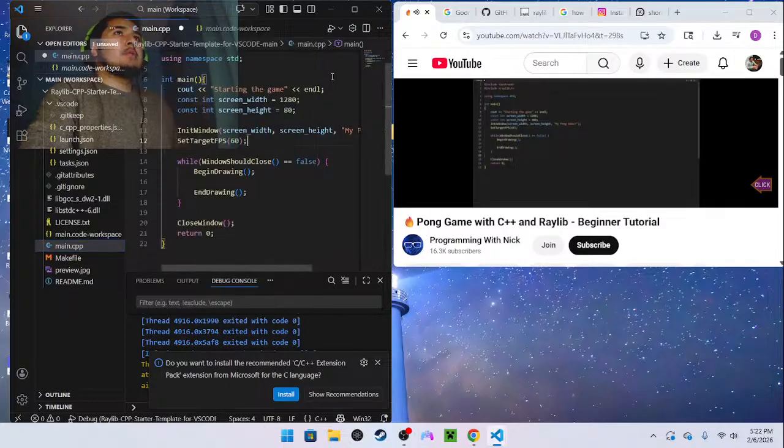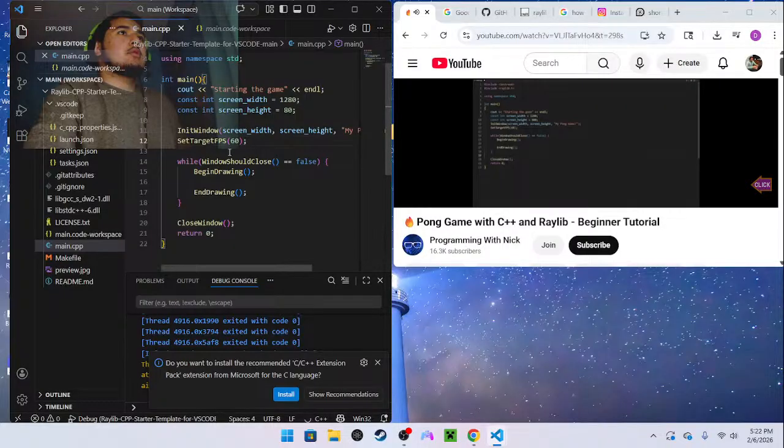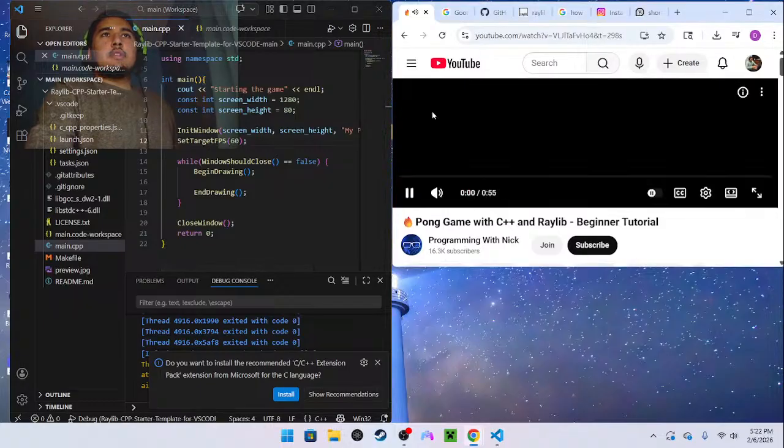If we don't define a frame rate for our game, the computer will try to run the game as fast as it can. So the game speed will depend on the speed of the computer. By defining a frame rate, we make sure that the game runs at the same speed on every computer.